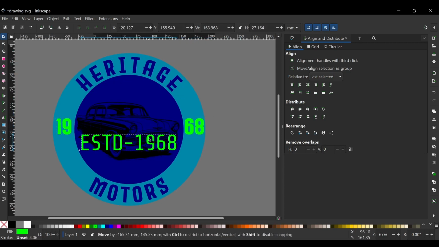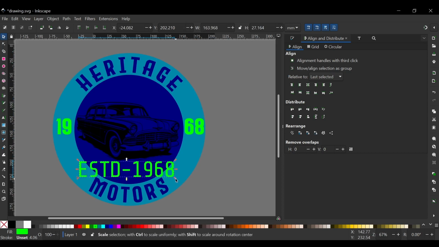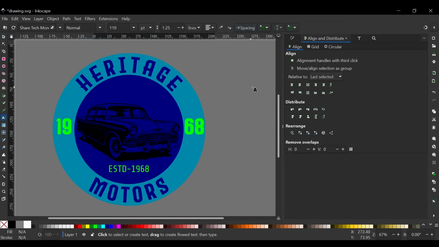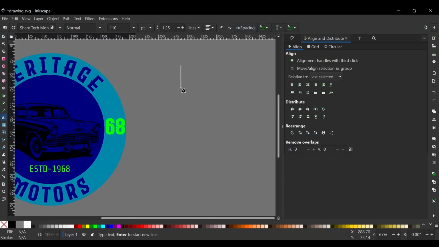Next, I'll take that text object and I will scale it down to about that size, and I will place it right there. With that selected, I will shift click the blue object, and I will center that on the vertical axis. I will press T on the keyboard once again, and I will write another word. I will go ahead and write the word classic this time,